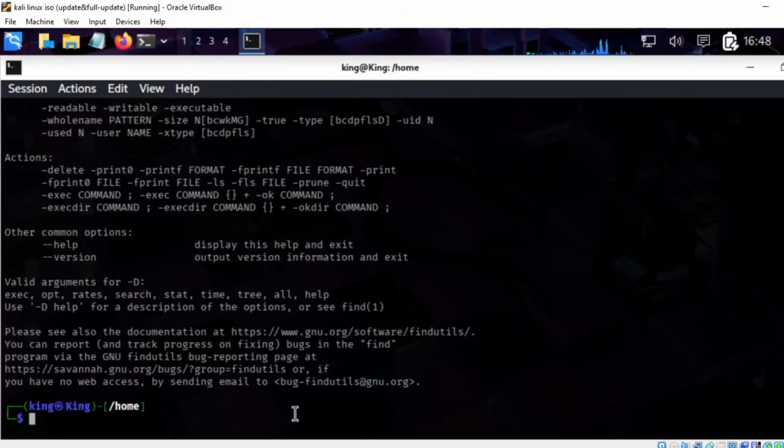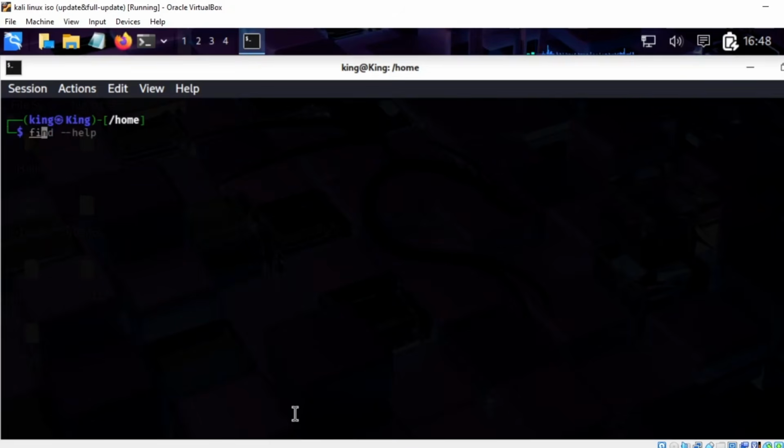Something that I really like about this command is that it has something called wildcards. I'm going to give you an example where wildcards can be used. So for example, we want to find, let me click this here. So let's say find /etc -type f -name